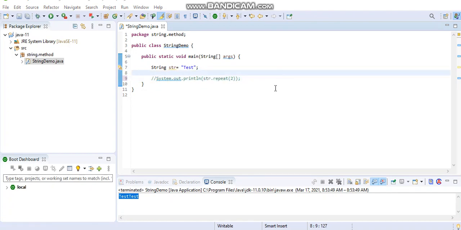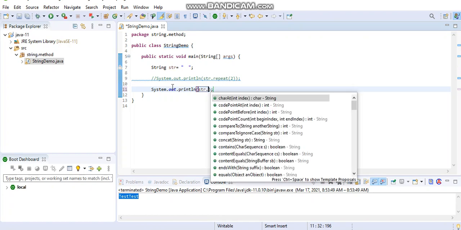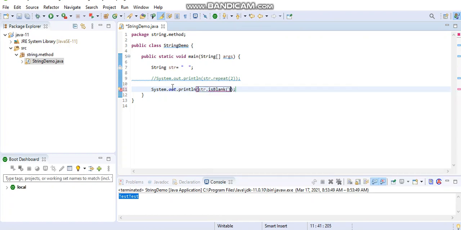Now we will check another method, for example the isBlank method. Right now I added a string with a white space, so this is a blank string. I'll use System.out.println, str.isBlank, and print it.